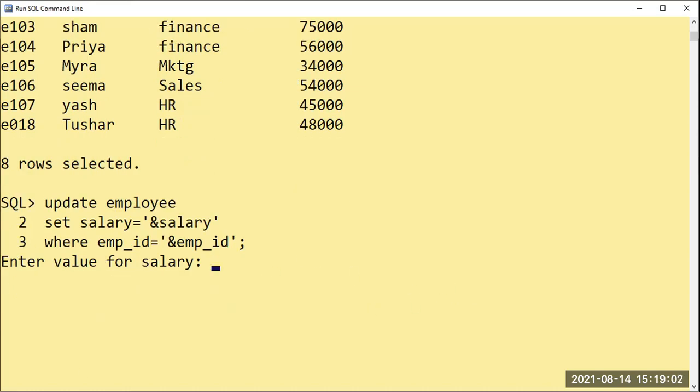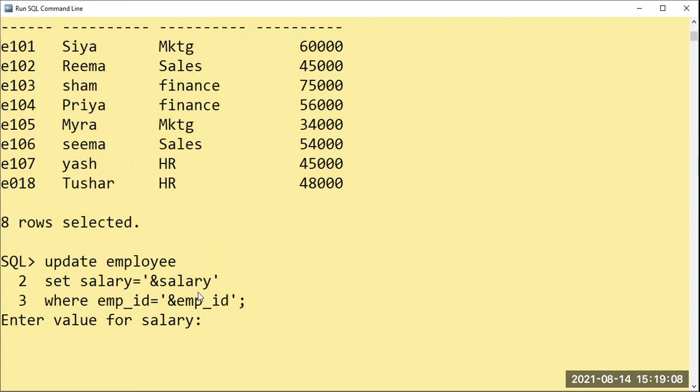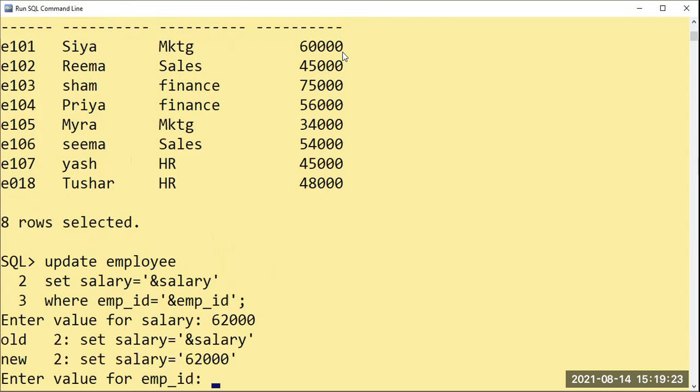Now assume that you have a hard copy with you, on paper, where all the employee salaries are there. For us this is there here. So I will update now for the CR. 45,000 is the CI, and 60,000 is there. For her, I will update 62,000. Okay, I will say 62,000.